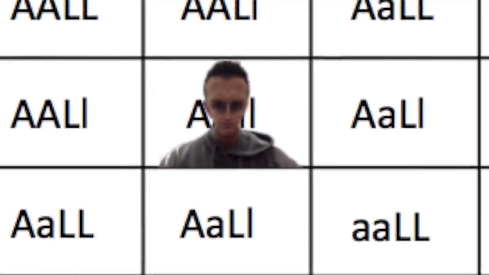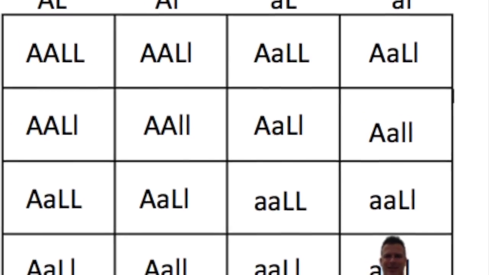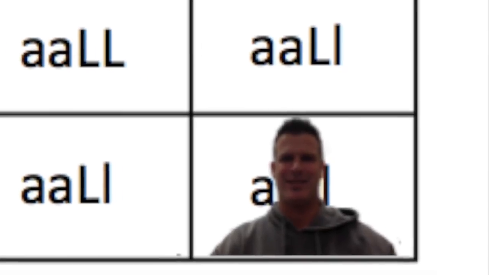Another possible phenotype could be an alien head with a short face. In this example, we see 3 more. Finally, only 1 out of 16 will be, quote, normal, and that is because they have 2 lowercase a's and